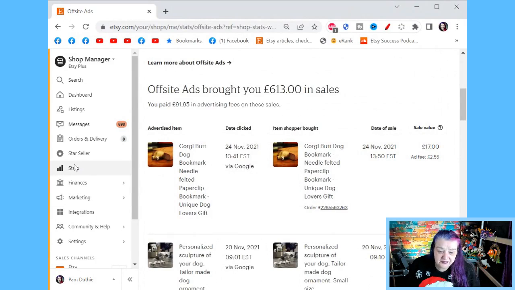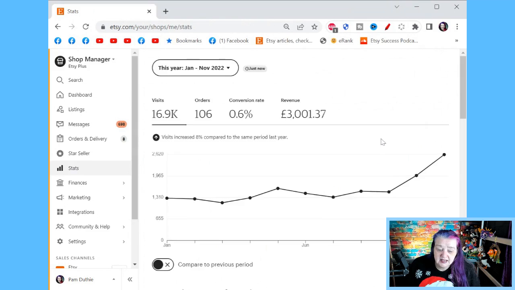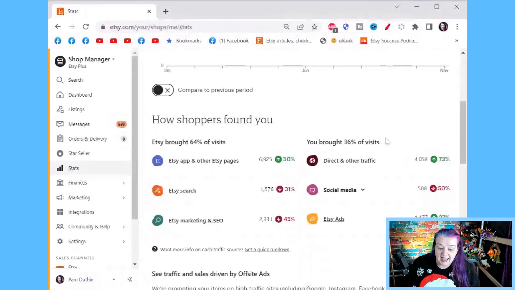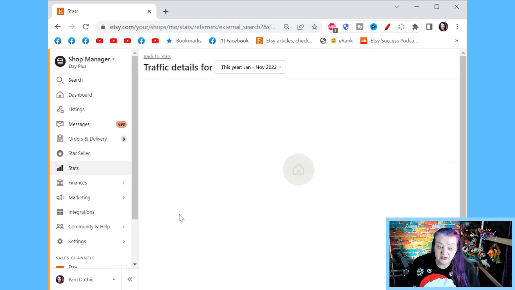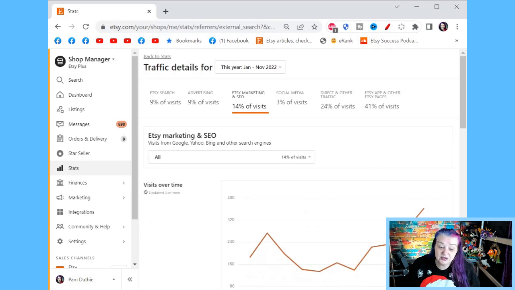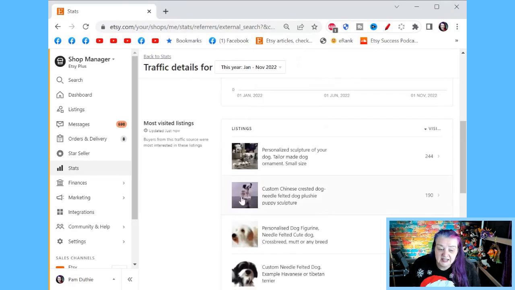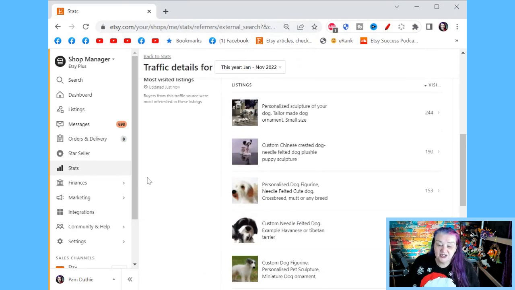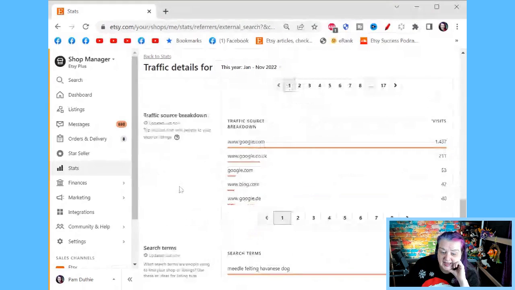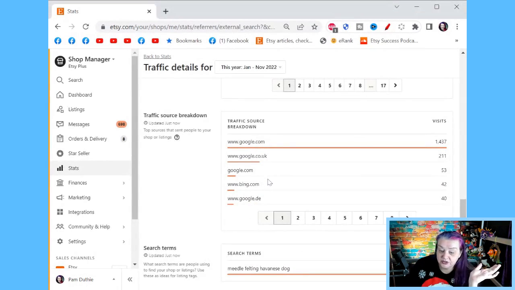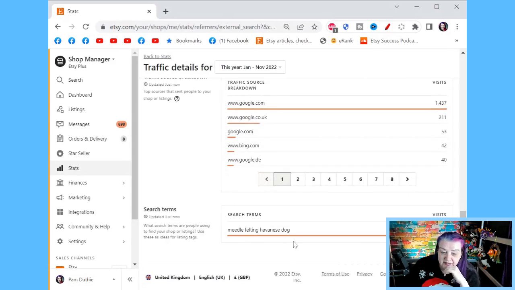You can, if we go to stats again, your Etsy ads, the views you're going to get are going to be under Etsy marketing and SEO. Now, this doesn't just tell you Etsy ads, it also is telling you people who have found you if you optimize for Google and you're getting seen in Google search or anything in search engines. But you can see again which are your most visited listings. So you do get an idea of views here, which is handy, and where they're coming from. It's almost all Google with me. And the search terms,